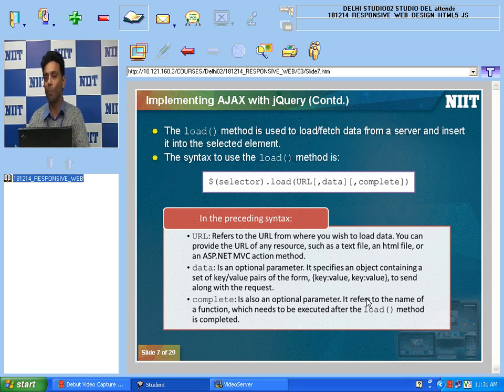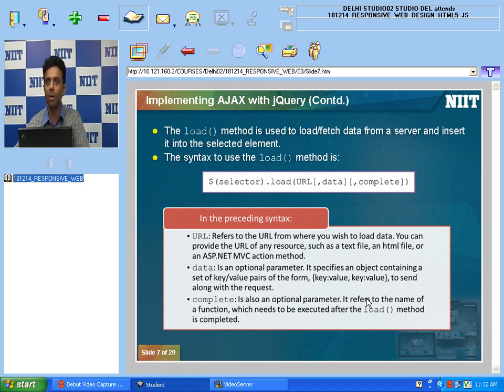Maybe I want to load a web page from the server into my HTML element, whether I try to load that page and that page is available on that web server or not. If that web page is not available on the server, and I try to load that page in my HTML element, it will display an error to me. Okay, so for that I use one function. That function will fire or be called whenever the process is complete.